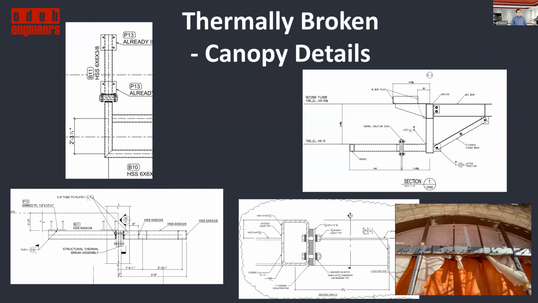Other locations where you see these requiring thermally broken or thermally efficient details are at canopies, specifically canopies that are penetrating the building envelope. These could be locations where it's coming through a curtain wall system, or just above a storefront at the interior of the building. And one of the things I want to highlight here is, again, that collaboration piece is so important, because regardless of whether you're designing that connection yourself or you're delegating the responsibility to the connection designer,